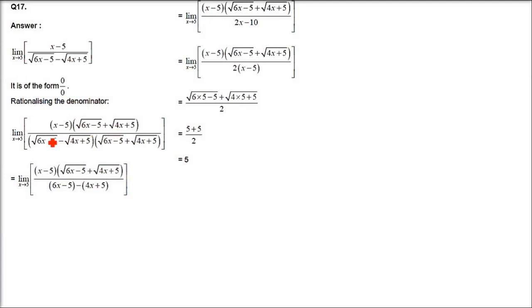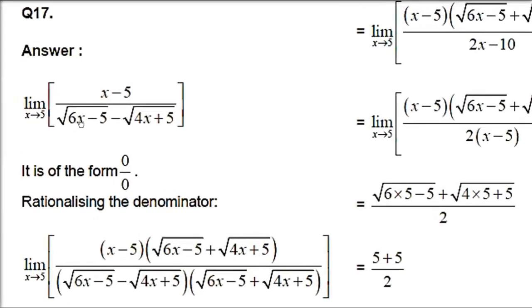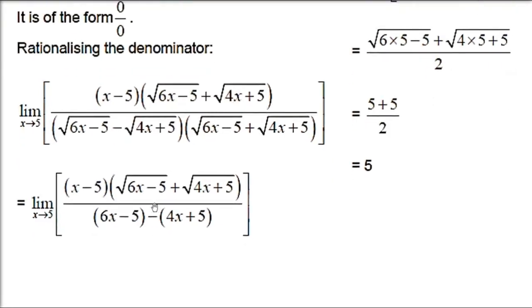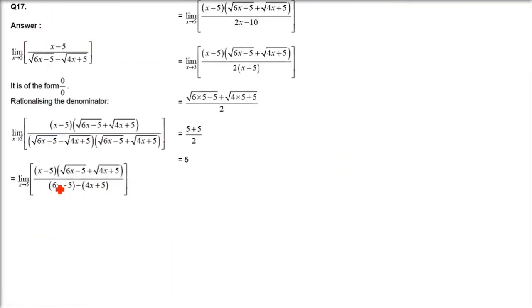This is question number 17. So x minus 5 by under root 6x minus 5 minus under root 4x plus 5. It's very straightforward. Just multiply the rationalization factor of the denominator in the numerator and denominator. So under root 6x minus 5 plus under root 4x plus 5, in the numerator and denominator. So you have a square minus b square. So you have 6x minus 5 minus 4x plus 5. So 6x minus 5 minus 4x minus 5. You get